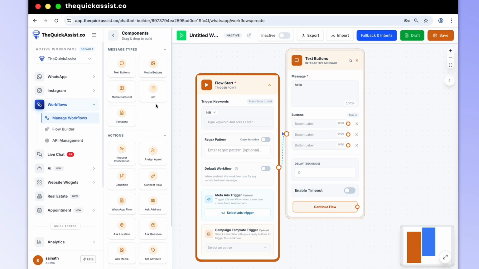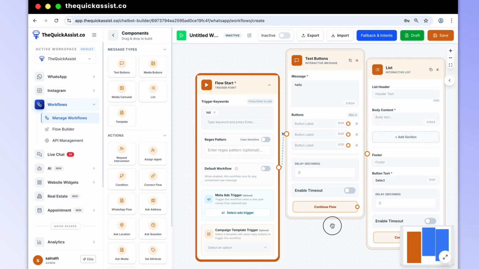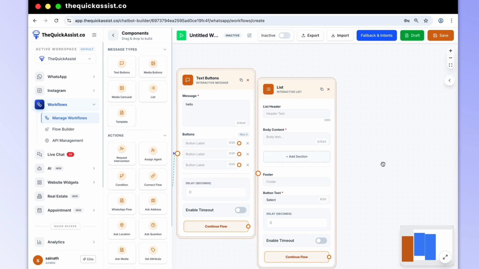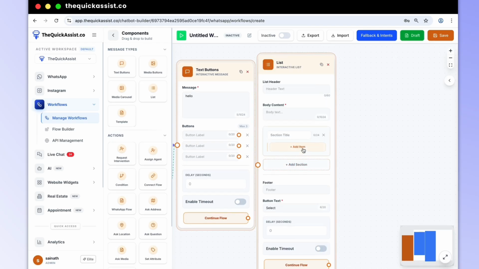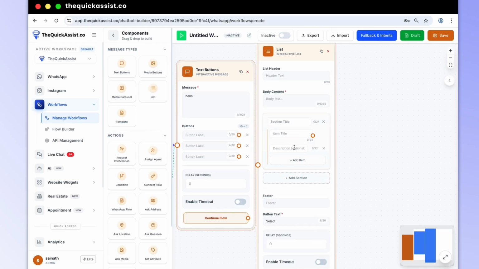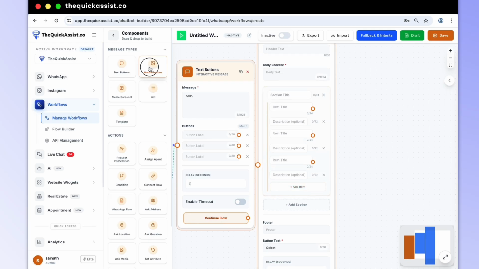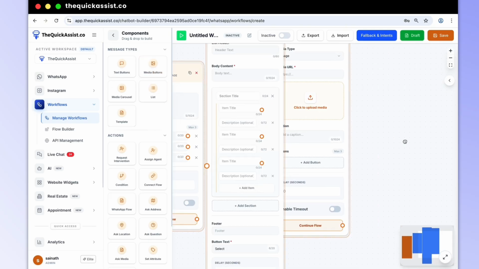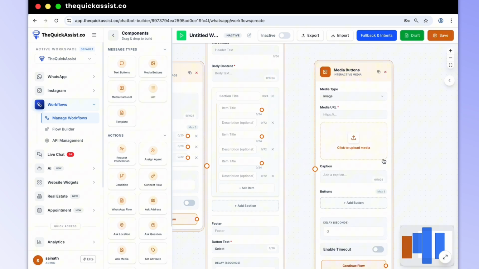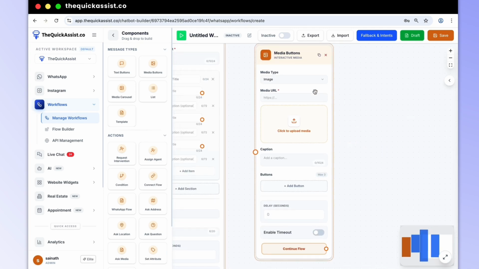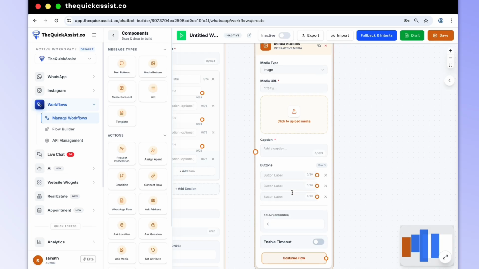After that there is a list button. If we want to add multiple buttons, we can use a list button. After that, we have a media button in which we can upload images, videos and documents along with the information, and also here we can add maximum 3 buttons.